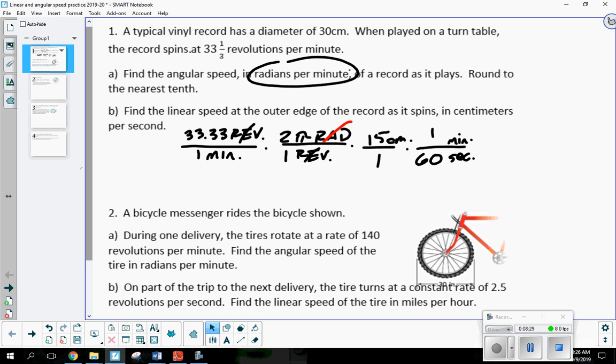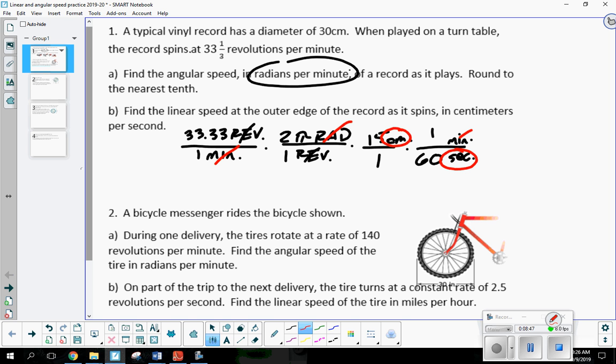Okay, remember, this is what we call dimensional analysis, where we're using these ratios to change the units we have. So let's see, those minutes are going to cancel. So it looks like I'll end up with centimeters per second. All right, so once we have it written out, now it's just a matter of calculating it.